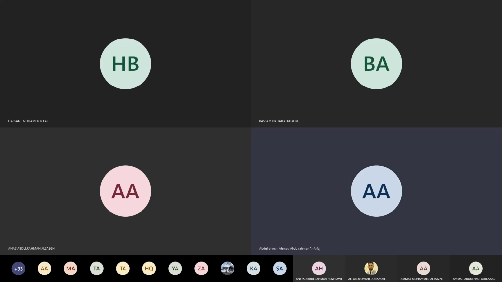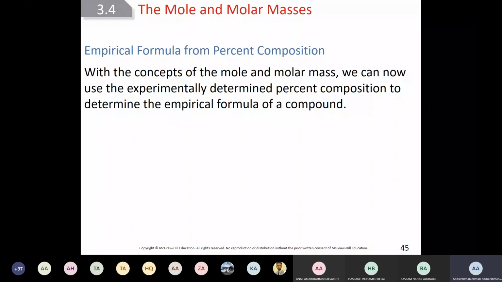Session one more time. Okay, and the first thing we'll start with, before I go further, let me now go to here. Right. Empirical formula. Do you remember empirical formula? What's the meaning of empirical formula? Simplest form. Simplest form. For example, if I have